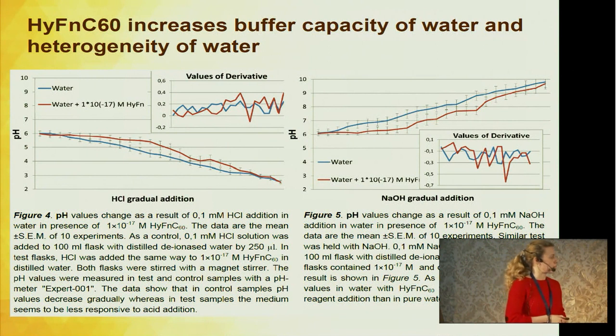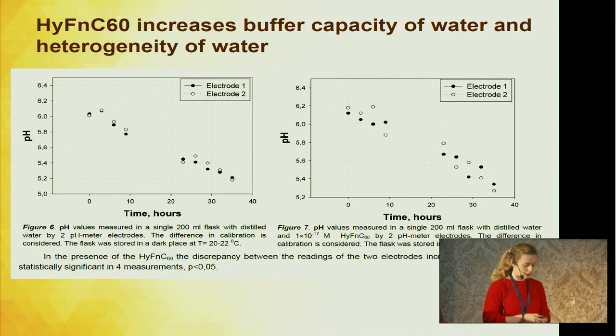The same situation is with alkali. Addition of alkali results in a gradual increase of pH in controls, in pure water, and in the case of hydrated fullerene water at a low concentration, it starts to increase not at once, but with some pause. In the next experiment, we carried out tests with pH measurement, but we set it up differently. We took a